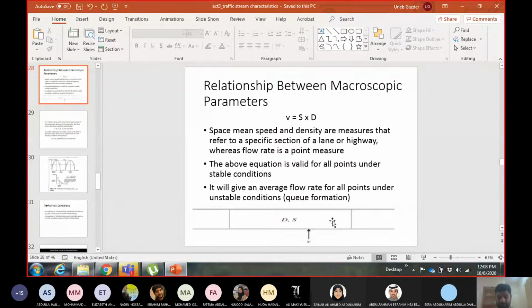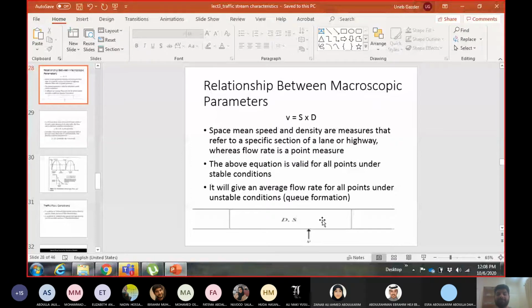This is what we are saying, that in a uniform section the flow is constant at all the points. That's why I can use this equation to calculate the V. So V is constant in a uniform section at all the points. So if the vehicles are entering and exiting, how can the flow be constant, right? I don't have the same number of vehicles at all the points, then the flow cannot be constant. So uniform section means no entry and exit. Okay, no lane, no ramp, no intersection, going out or in or coming in.